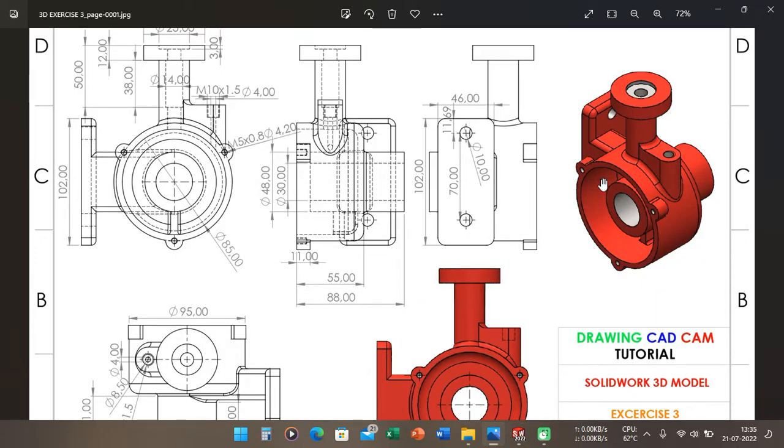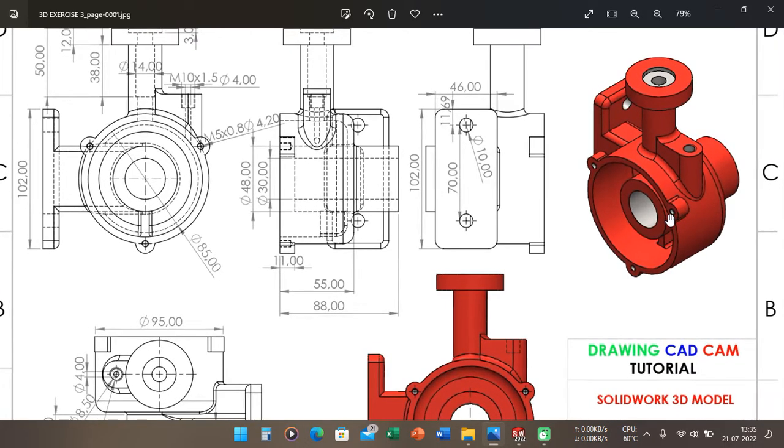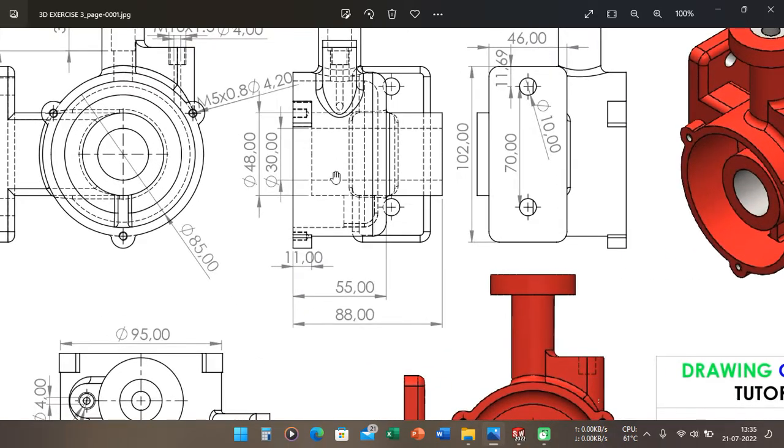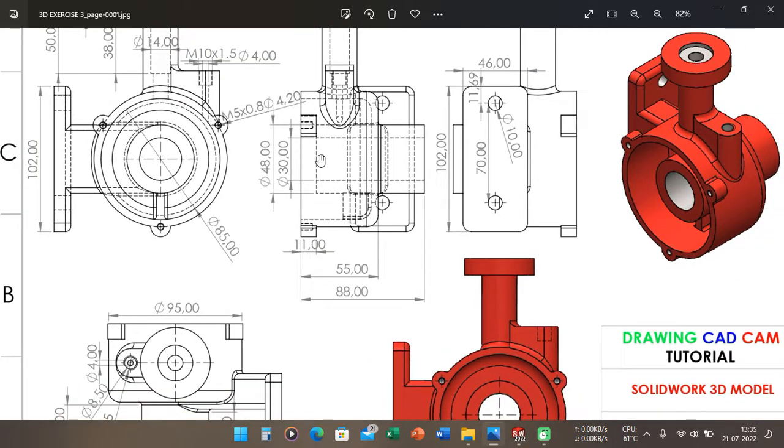After that, I want to make this hole, and if we see on this sketch, the face of this hole starts 11 millimeter inside from this face. If you see again in this section, we have this section with a offset of 11 millimeter, and we can see the straight line here.